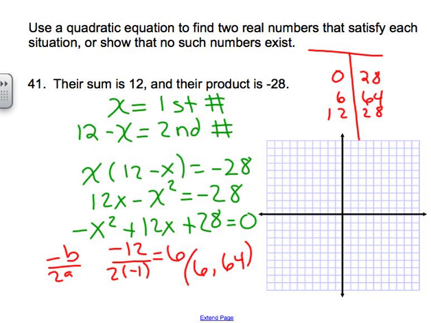When I go a little bit farther, if I plug in a 14, and again using my graphing calculator can help me come up with this, I have a 0. And if I put in a negative 2, I'm also at a 0. Again, you're looking at the symmetry going on here. So I have my two ordered pairs there of negative 2, 0, and 14, 0. So that means my solution would be negative 2,